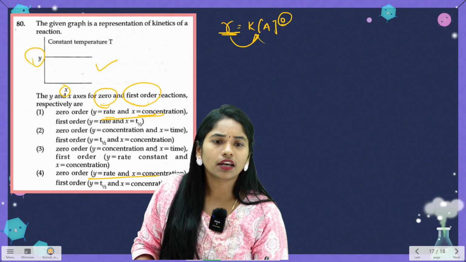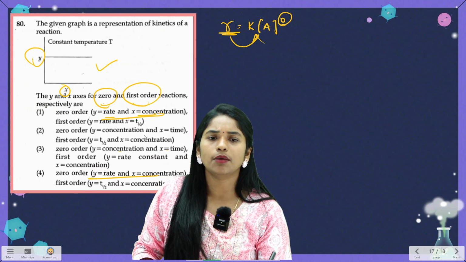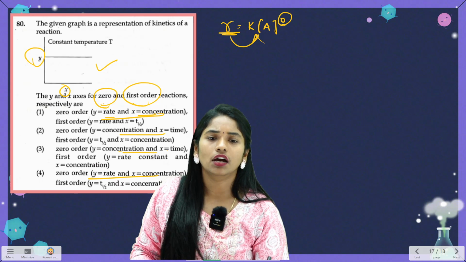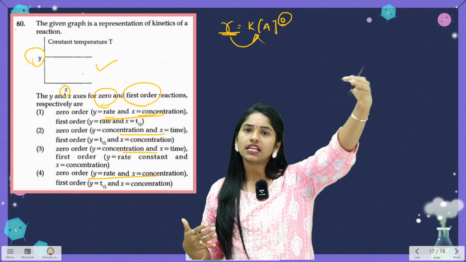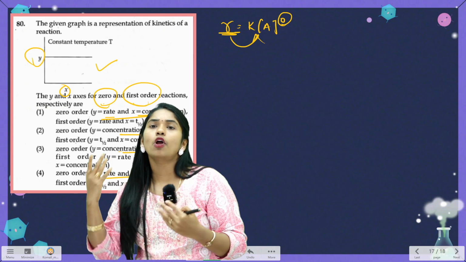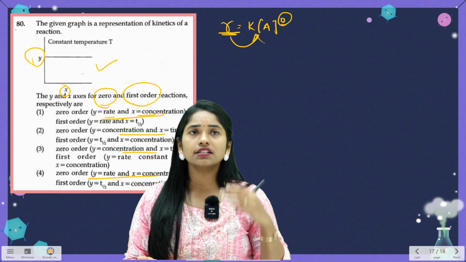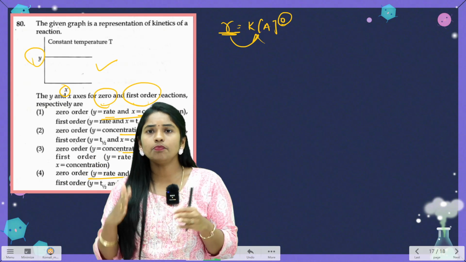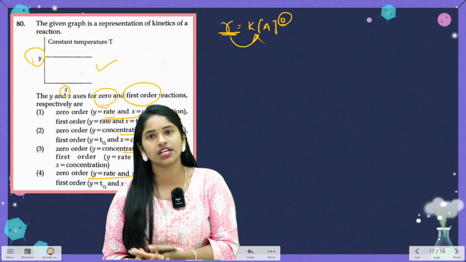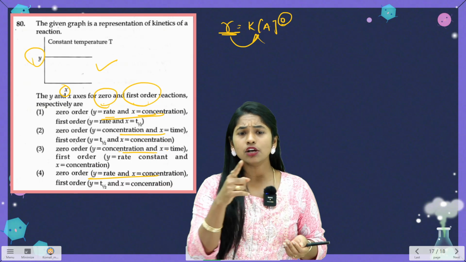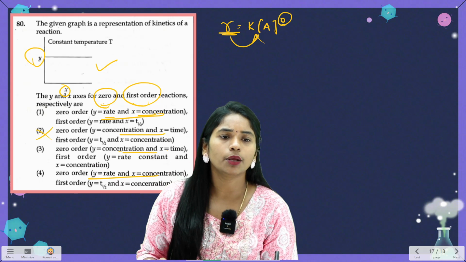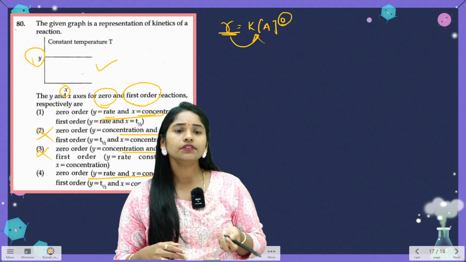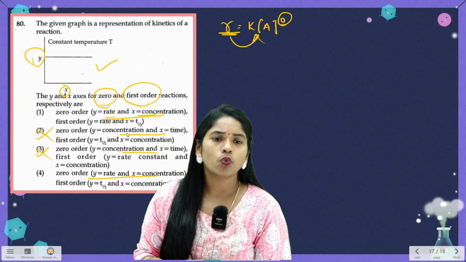Okay, here rate and concentration and time is given, if you see here. But with respect to time, concentration, if it is a reactant, decreases, and the products' concentration increases. As a reaction proceeds, the concentration changes, correct? So that is not constant. So you can directly remove those two options and see options number 1 and 4.